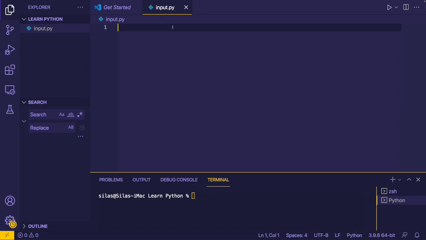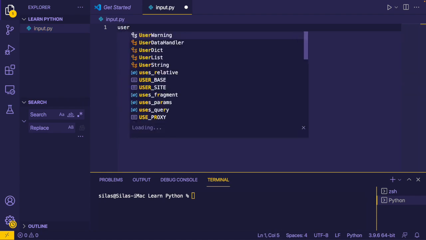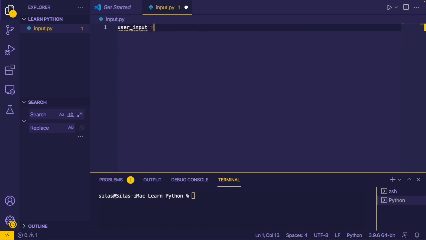So the first thing we're going to do is create a variable, and we're going to call it user input. And to get input from the terminal, all I have to do is do input. You could practically just do this and leave it as that, and this will be able to get the input. But you can also put a string in here and create a prompt or a message telling the user what to enter. So for example, please enter the letter